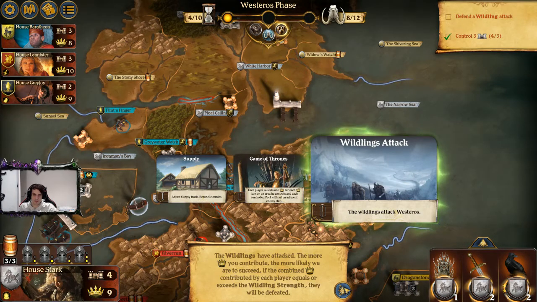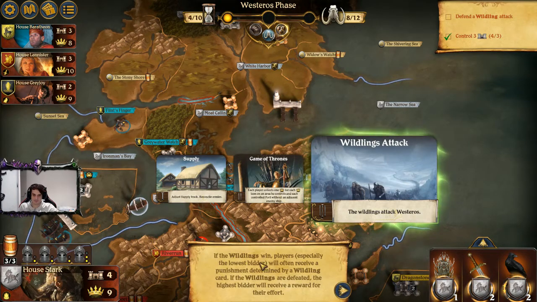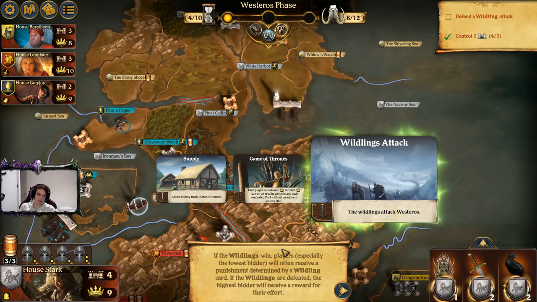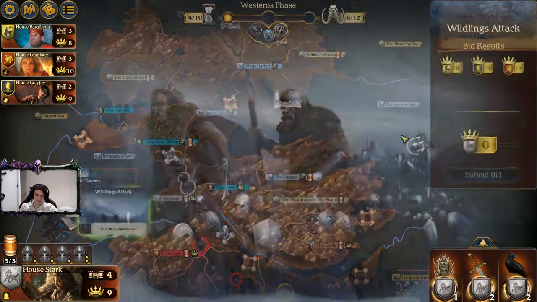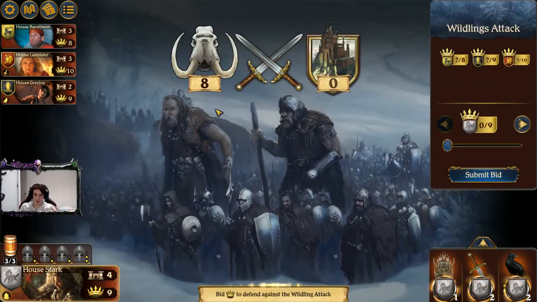We're trying to defeat the Wildings. So the Wildings strength is 8. And something good will happen if we win and you're the highest bidder. If we lose, something bad will happen to everyone, and if you're the lowest bidder, so if you put the lowest amount of tokens in, the worst thing will happen to you. There is one of the Wilding cards that nothing happens. Okay, but the objective of this mission is to kill the Wilding. So I could beat 9 or 8